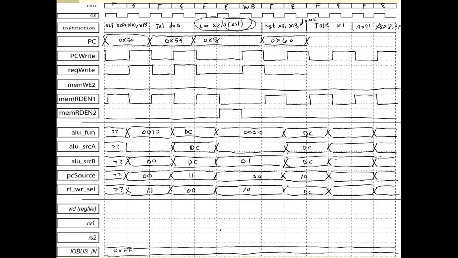Okay, so JALR, reg write. It is JALR, so I have to write. I'm writing that PC address. I know I'm going to do a reg write on this, and the ANDI is also going to do a reg write. So if you look at that, we finished that, and the next instruction is going to be